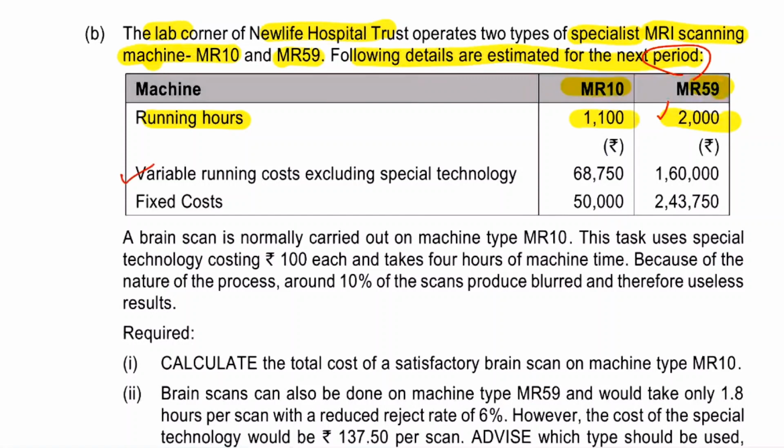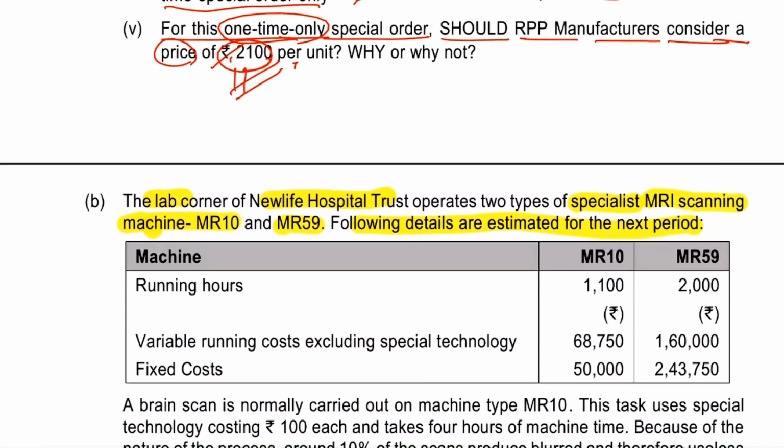What is your cost? Variable cost and fixed cost that is given, right? Can you just get me the per unit cost of this? If I just ask you, that is per hour cost. Sorry, hours में data है ना. So what is your variable cost per hour? If I ask you, यहाँ पे चलो I will write